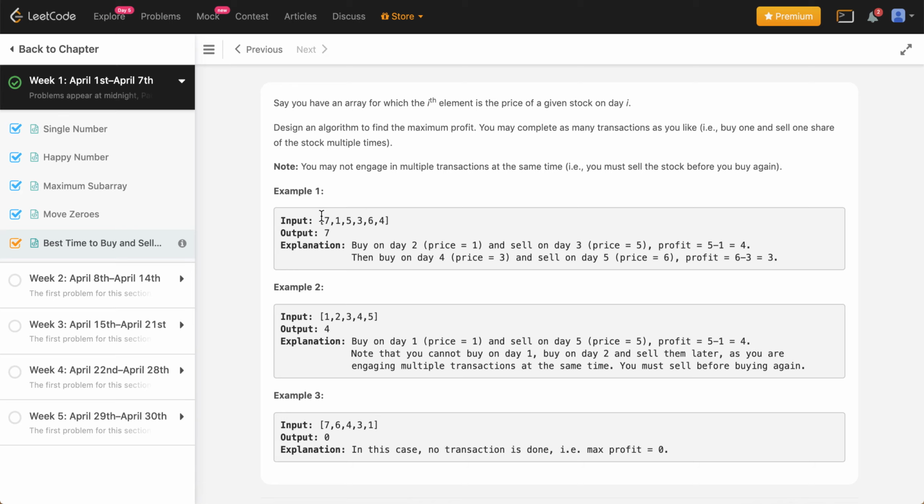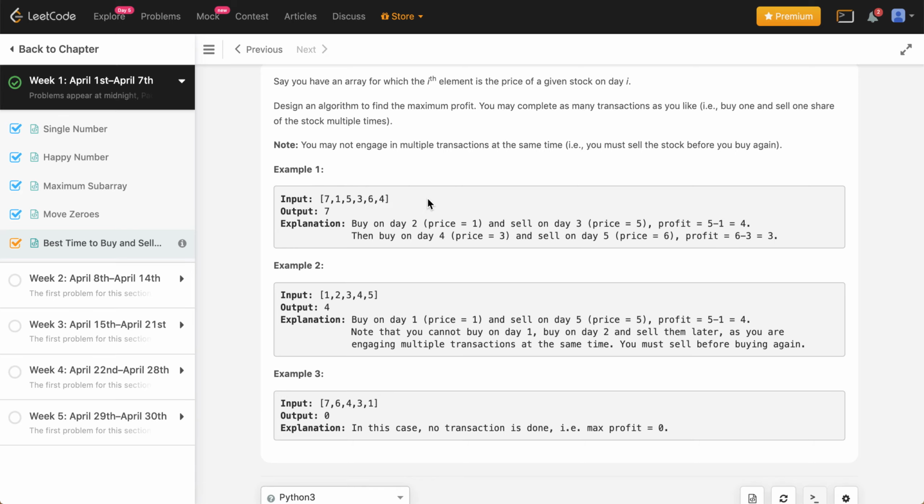Again, just to elaborate, the problem description is that you've been given an array or a list where you have prices of a stock and each element is the price of the stock on the next day. So 7 is day 1, 1 is day 2, so on and so forth. And what you want to do is compute the maximum profit that you can attain from this. So the output over here is given as 7, and the justification that they've given is that you basically